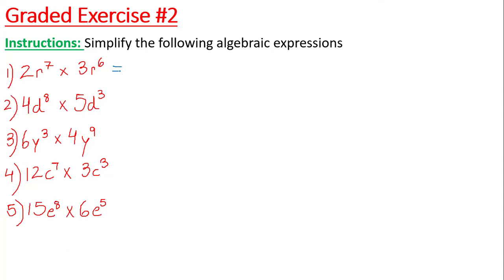The 13 power. That's how you say it. So 2 times 3, we did 2 times 3, right? 2 times 3 is 6. And then we've got r to the power of what? r to the power of 7 plus 6. What is 7 plus 6? That's going to be 13. Very good. So it's going to be 6r to the power of 13.